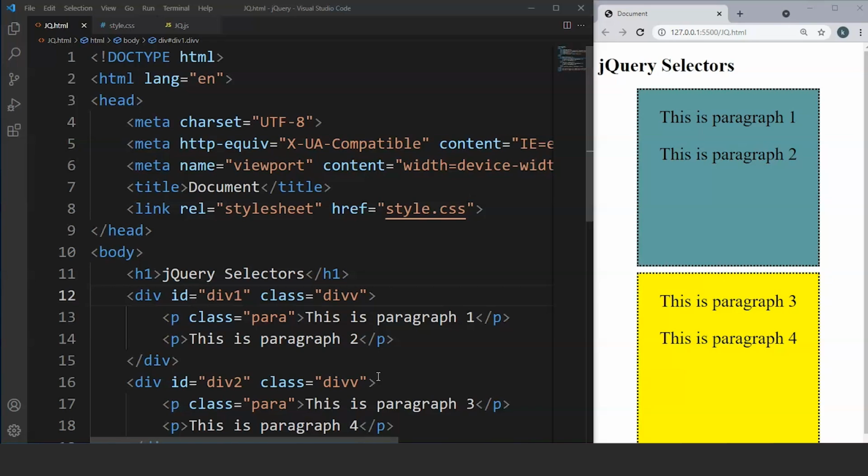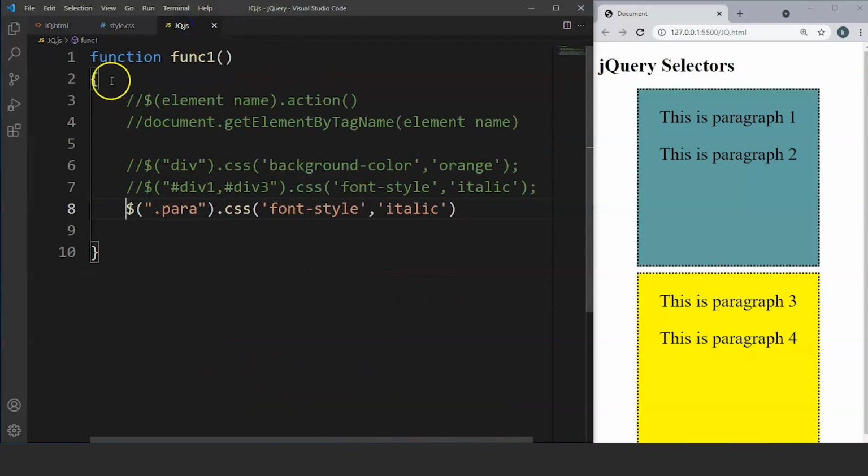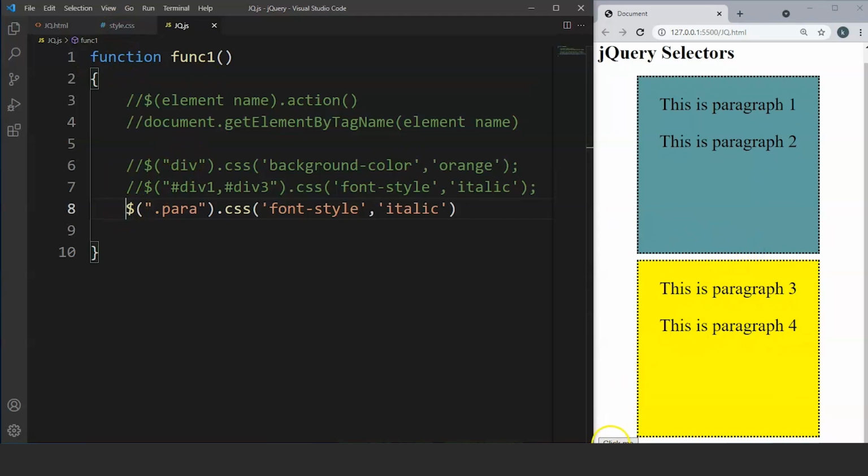If you haven't watched the previous video on jQuery selectors, I recommend you to go through it as we'll be using the same code we have used for those three selectors. So let's start with our first selector of the day. Over here, you can see we have the code from the previous video wherein we created two different boxes and made some style changes using jQuery selectors and actions. If you see here, we have used jQuery for selectors and we are performing certain actions, right? So if we click on this click me button, you can see the font style changes to italic for both paragraph 1 and paragraph 3.